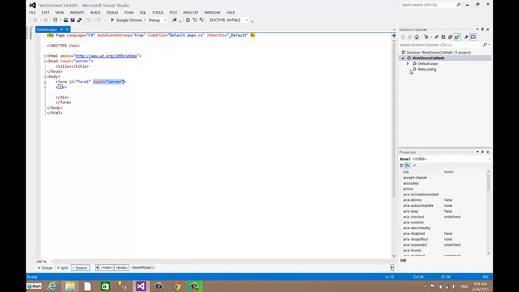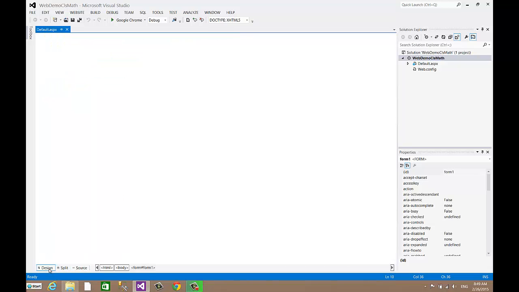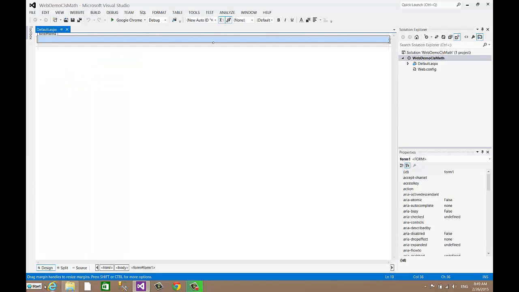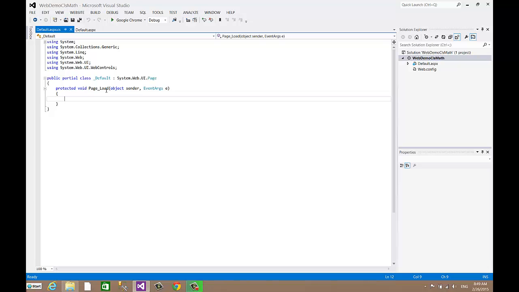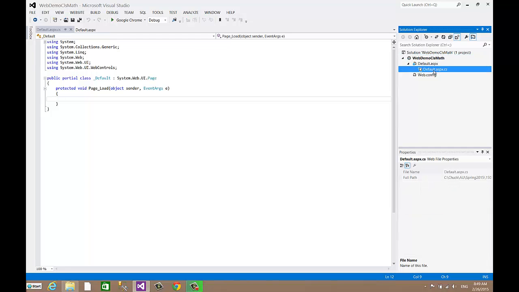Okay, so if I go over here to the designer pane, which is empty right now, and I believe if I just double click on that window, then, and if I expand this, you'll see that there is another file that has a .cs file name extension, and this is a